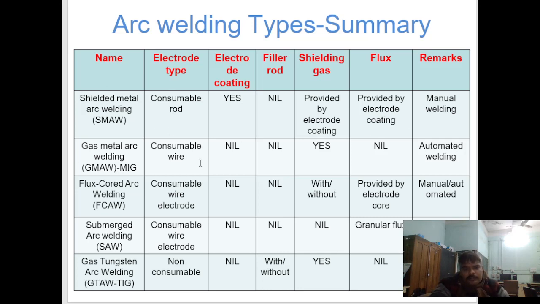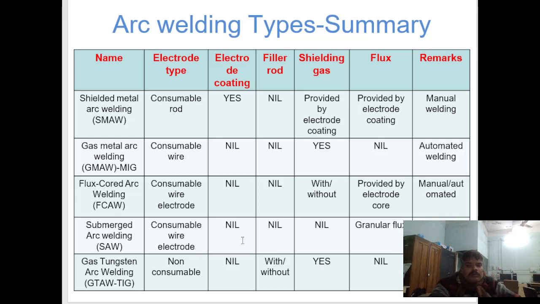Gas metal arc welding: consumable wire, electrode coating no, filler rod not provided, shielding gas yes, automated welding. Flux cored arc welding: consumable wire, electrode coating nil, filler rod not provided, shielding gas with or without, flux provided by the electrode core. From the electrode core, flux will be provided. Manual and automated. Submerged arc welding,